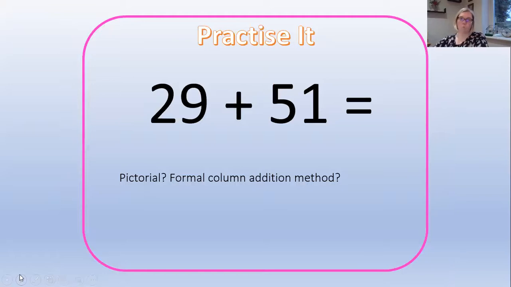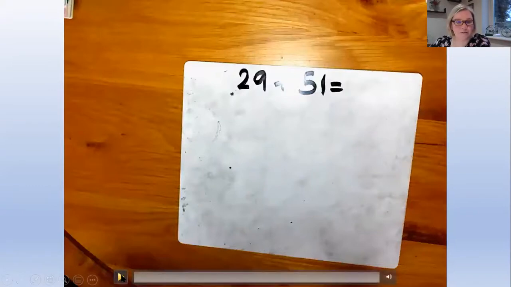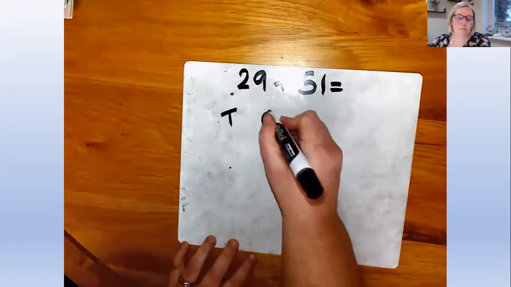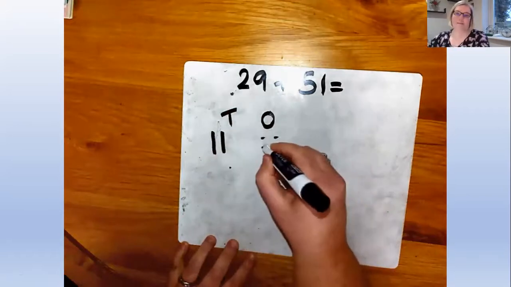Okay, got one more practice for you to have a go at. Pause this, and we want to see pictorial and we want to see column addition. Okay, we've got another video. Here we go, 29 plus 51. I should do this on the quick one, shouldn't I? On the time-lapse one. So I'm